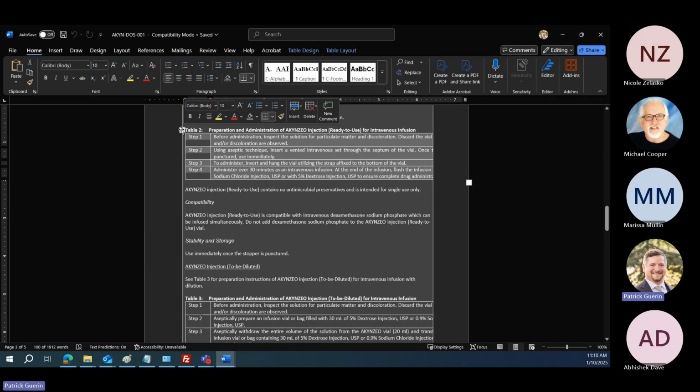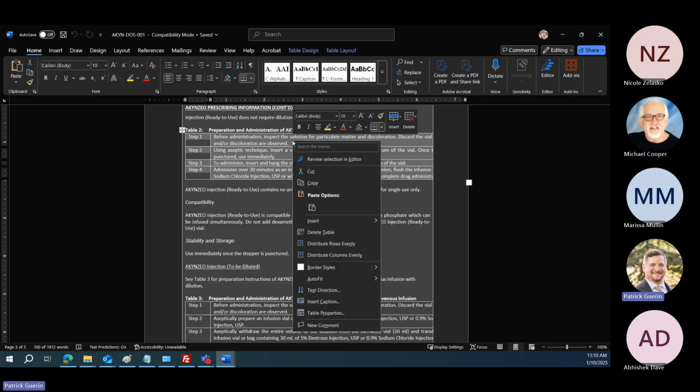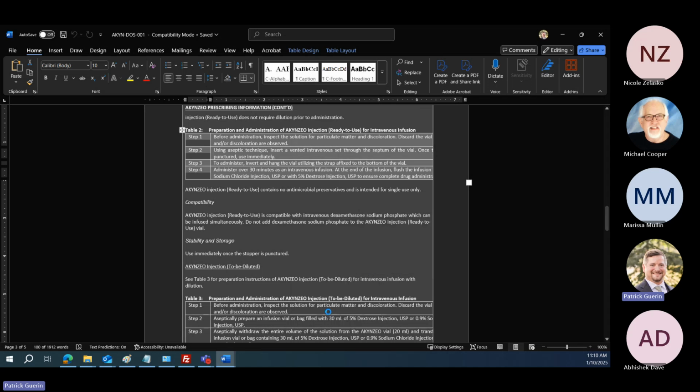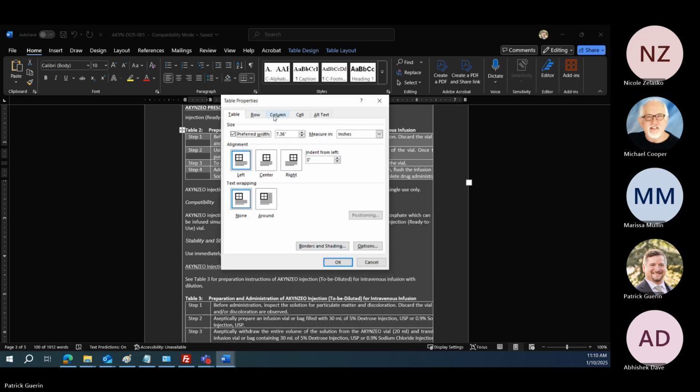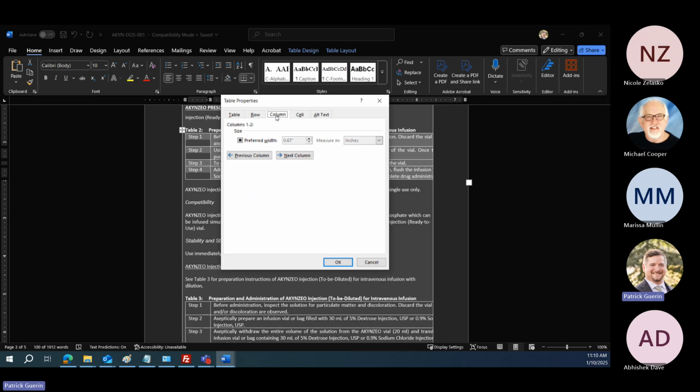So what I can typically do is select it just by clicking this grab handle that they have here. And then I'm going to come down to table properties, and typically under column,